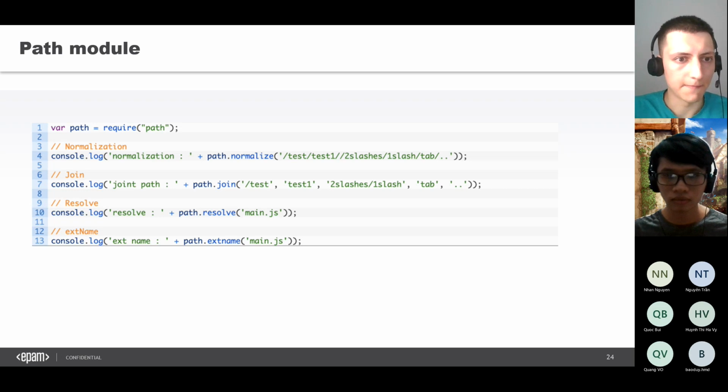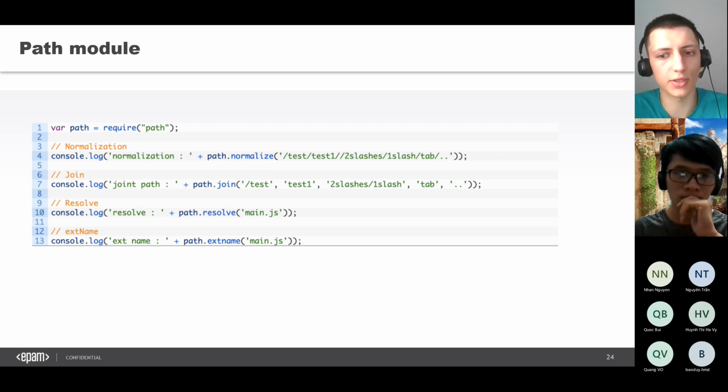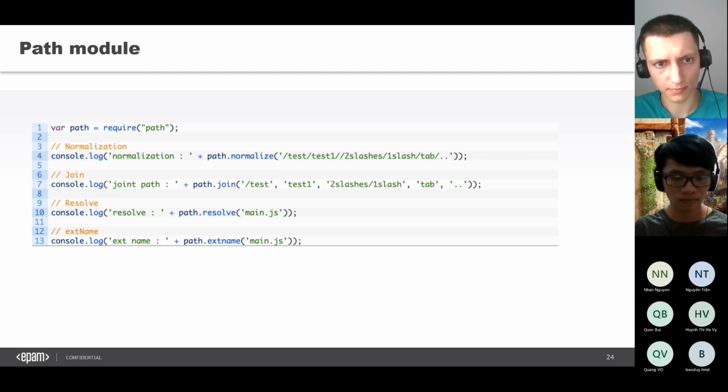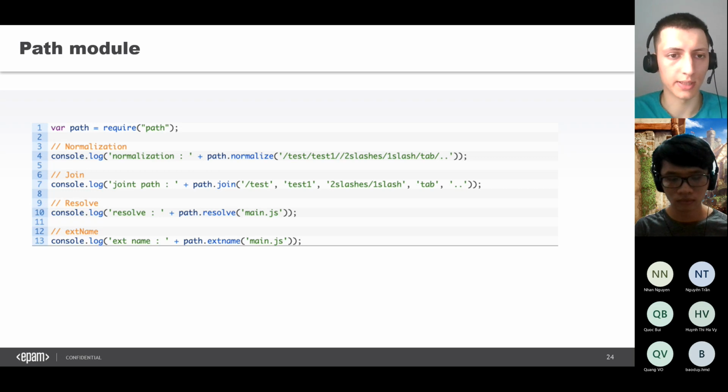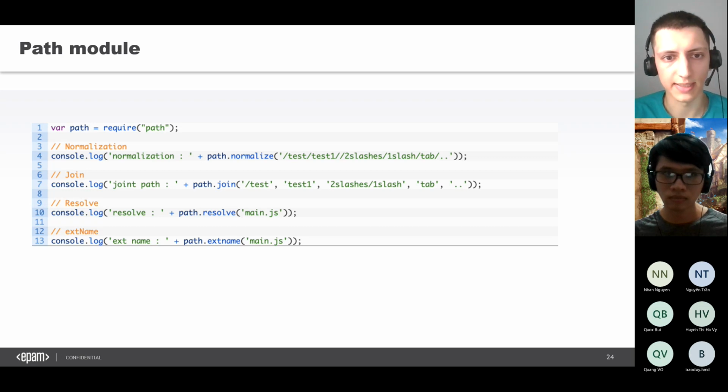The result of the first and the second console logs will be the same, because join helps you create the path without using slashes; you can just provide the names of directories as arguments. You can provide test one, then two slashes, then one slash, then top, and the result will be the same as the upper one.